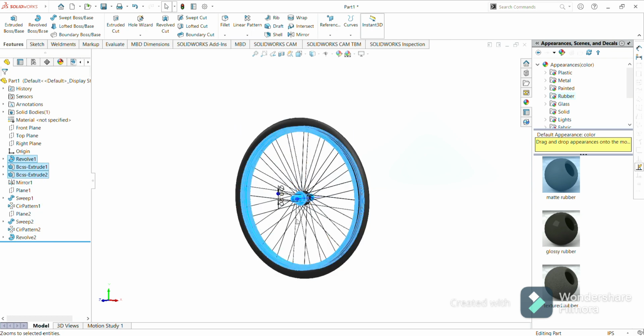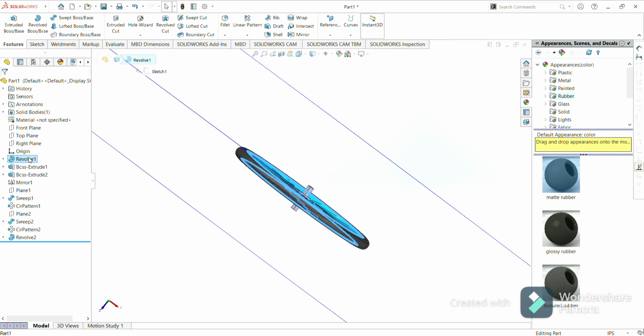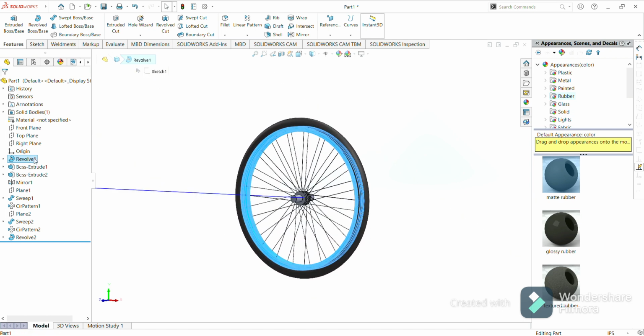Okay, so we need to apply material on it, so we can select again from revolve one, extruded boss base, mirror, sweep, to circular pattern, and now we will go to the